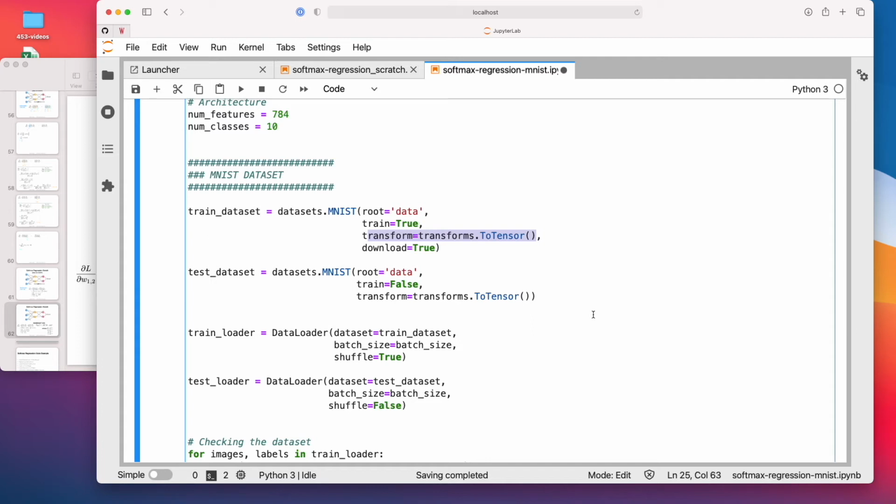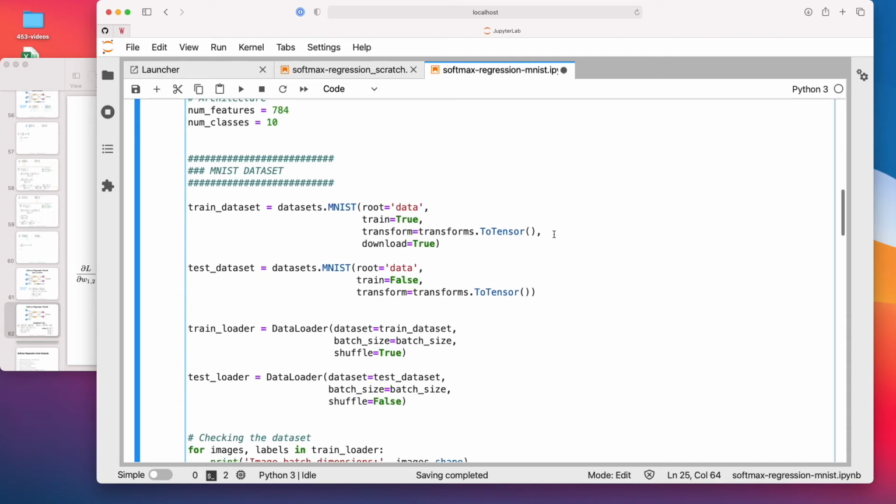Also, I should say that ToTensor normalizes the pixels to 0, 1 range. So it's dividing them by 255. So I should mention that. So we don't have to do our data normalization ourselves. Of course, we could actually do something better.